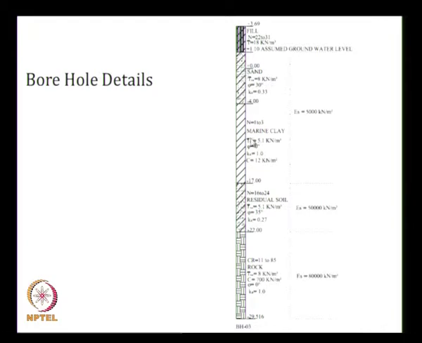Considering the soil below, Ka is 1.0, Ka gamma H, the overburden pressure at this point is the same, gamma H is the overburden pressure, minus 2C, where C here is 12 kilonewton per meter square. So at the same point you will have two values.